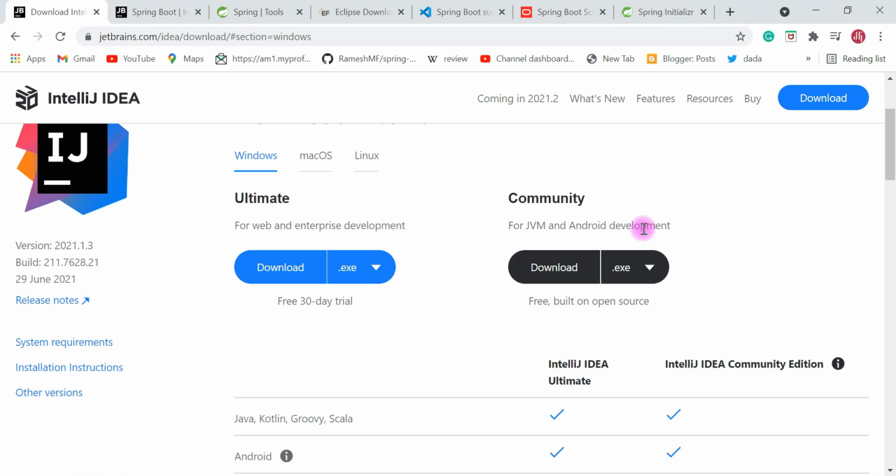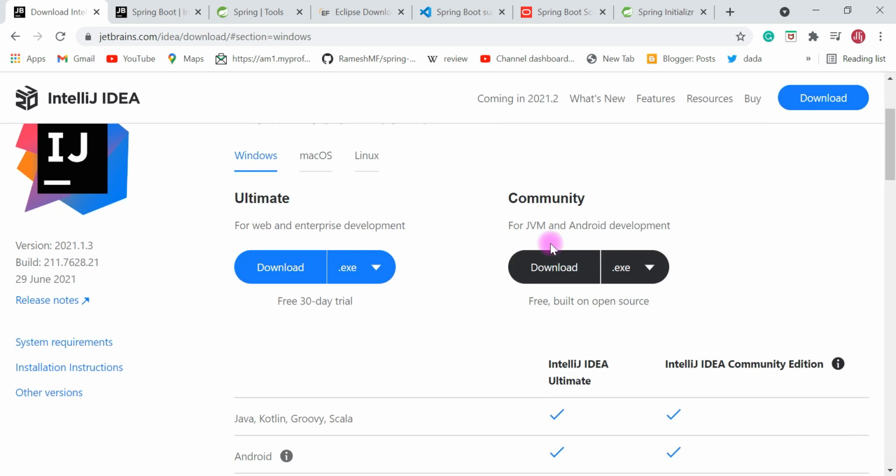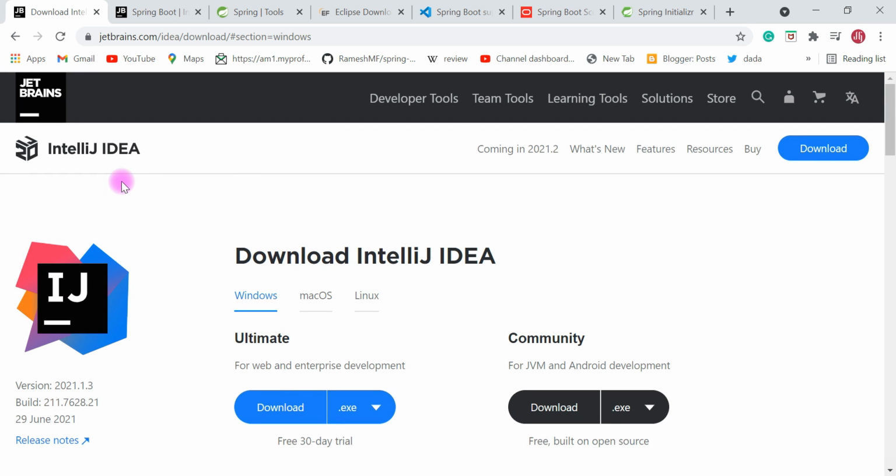And yeah, IntelliJ IDEA is a very flexible tool, and the user interface is very good. So just check out IntelliJ IDEA for building Spring Boot applications. All right, we'll compare the IDEs a bit later. Let's first talk about each IDE.